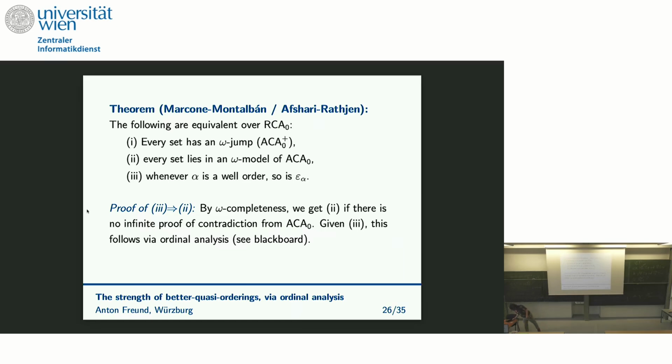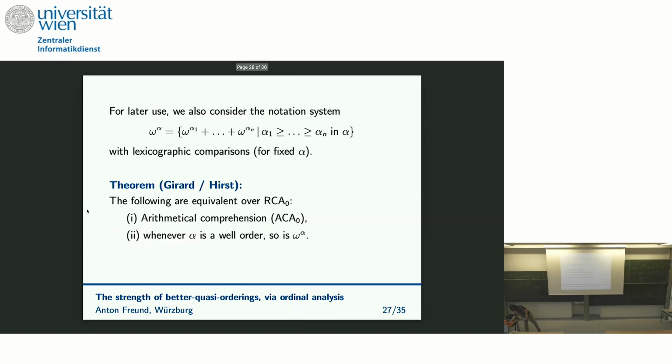Now, before the coffee break, let me show you just one last result here that we will also need in part 3. So this is a notation system quite a bit weaker than the one for epsilon alpha that we saw before. Namely, you now take a fixed order alpha, and you take exponents only from this fixed order. And what you then get is an order called omega to the alpha, where you simply have terms of this form, but you don't allow to iterate into the exponents, right? So you just have Cantor normal form terms with exponents from a fixed order.